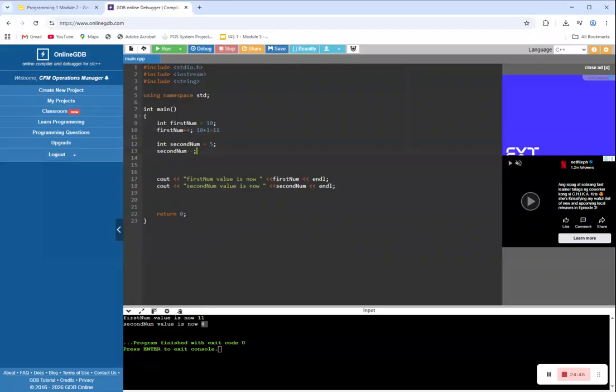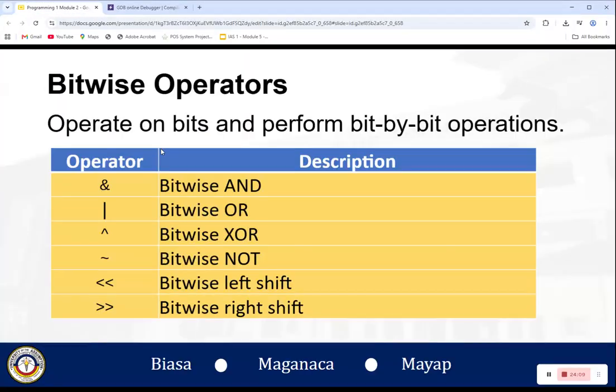Same scenario here: 5 minus 1 would be equal to 4. So for every invoke of minus minus, we deduct 1, and for every invoke of plus plus, we add 1. So that's your increment and decrement operators. Now let's check bitwise operators.